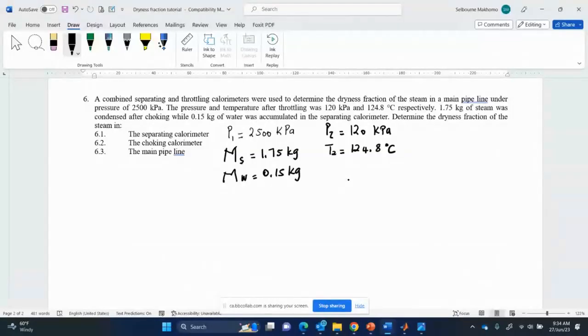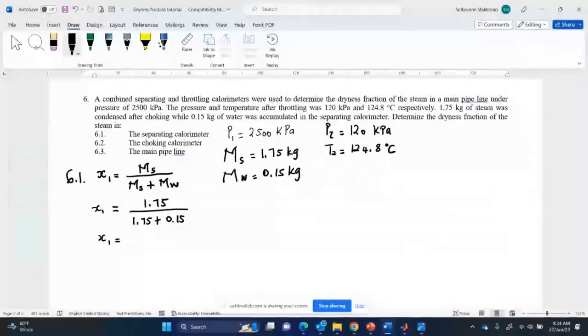So 6.1, the question says calculate X1. X1 is mass of steam divided by mass of steam plus mass of water, which is 1.75 divided by 1.75 plus 0.15, and therefore X1 is equal to,